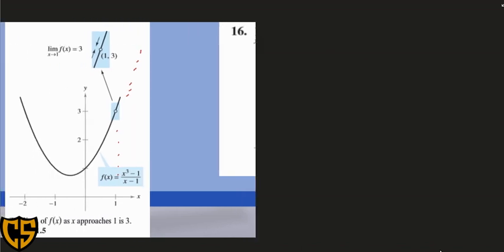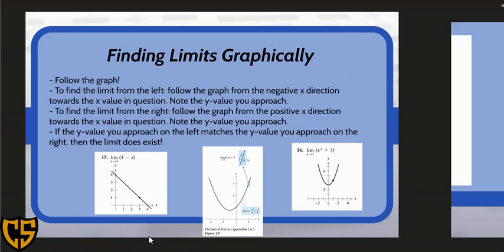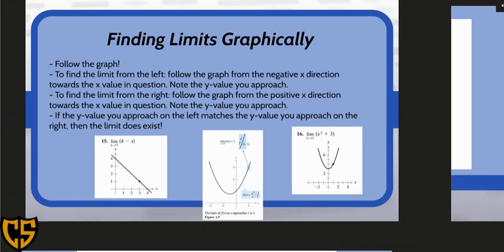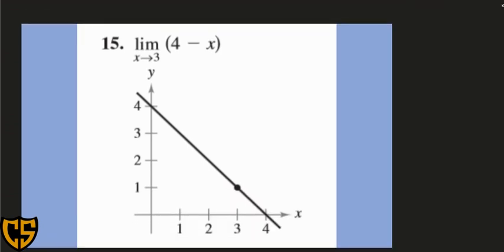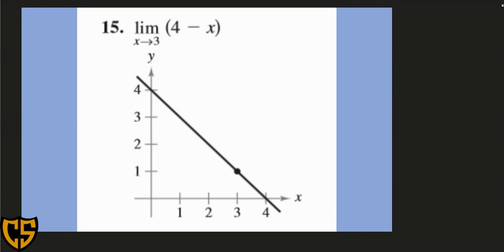Okay, so we will have more na mga examples later on para mas ma-establish naton ang pagpangita sa limits using the graph. So here is one of the examples. So for example, you are given the sang function nga 4 minus x, then ipapangita sa imong limit as x approaches 3. So there are two ways sa nahambal na naton kagina. We have from the left and from the right nga limit. So first, from the left,